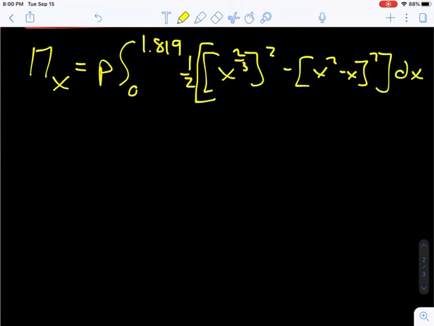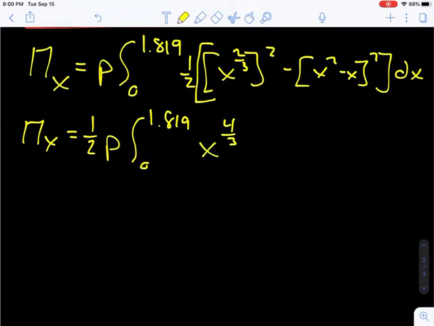Okay, so that 1/2 is being multiplied by all of that. But actually, I'm going to pull the 1/2 out. So m sub x is equal to 1/2 rho, the integral from 0 to 1.819. And so x to the 2/3 squared is x to the 4/3. And then squaring x squared minus x, we have x to the 4th minus x cubed minus another x cubed, so minus 2x cubed plus x squared